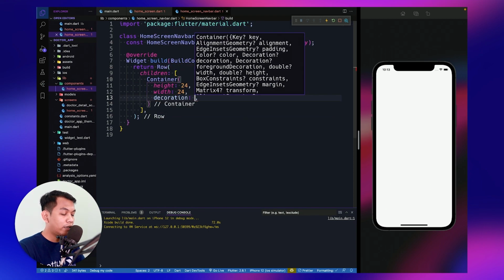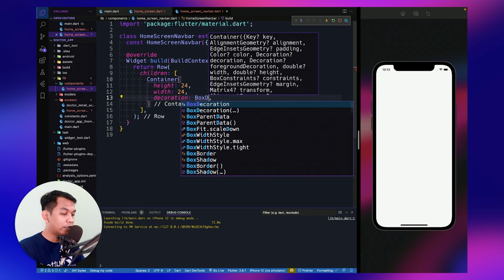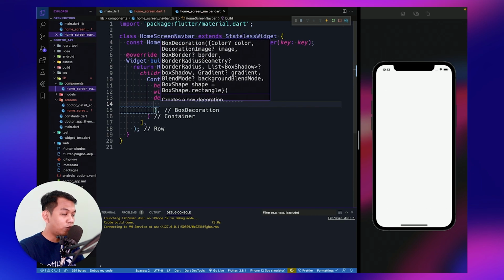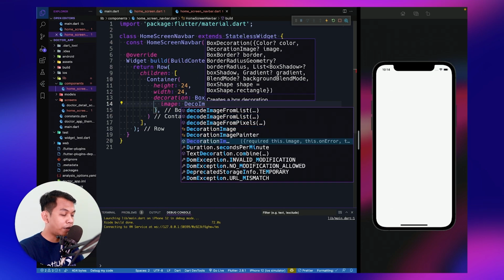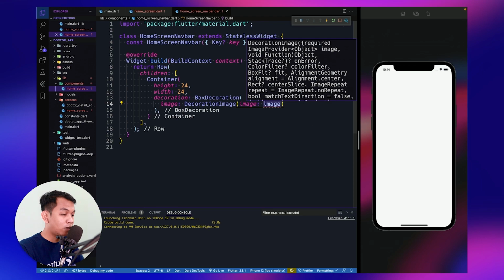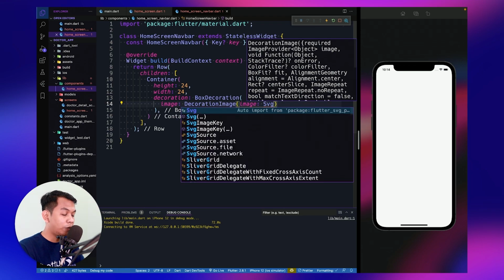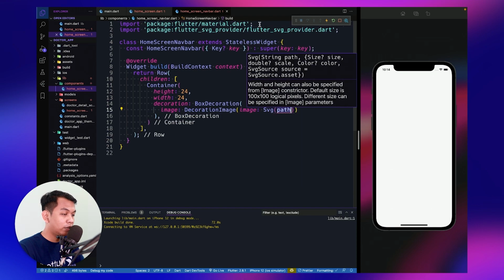And container has properties which is decoration, because we want to use image, and image we can pass using decoration image, which is decoration image also has property image. And for that, we can use SVG, and it will automatically import our SVG provider.